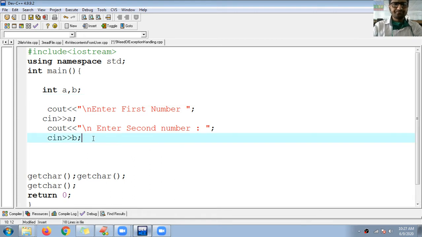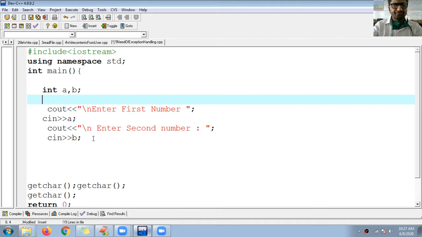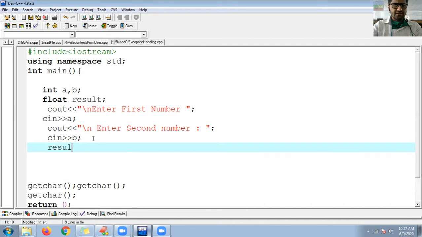Okay, fine. Now let me perform some operations. So here, integer result, or you can go for float result also. Float result. You can see here, result equals a by b.